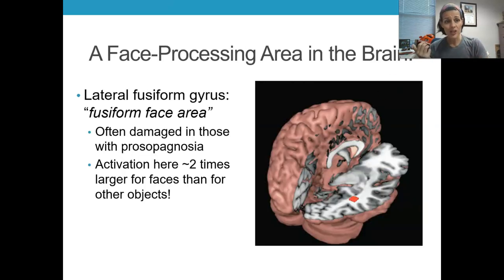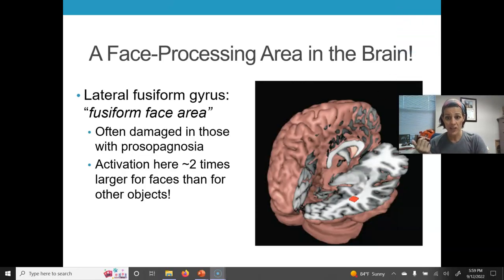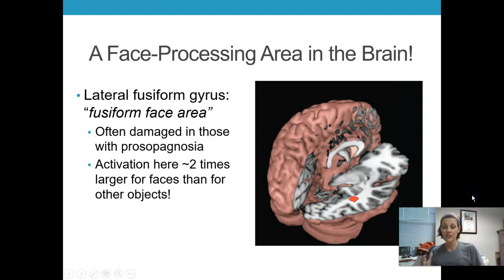That area is known as the fusiform gyrus, to be more specific, the lateral fusiform gyrus. It is also known as the fusiform face area, or FFA. And we do find that for a lot of people with prosopagnosia, this area of the brain is damaged. Additionally, if you put people in an fMRI scanner and you look at brain activity while they look at objects, we do find that activation in the fusiform gyrus is often 2 times larger for faces than for other types